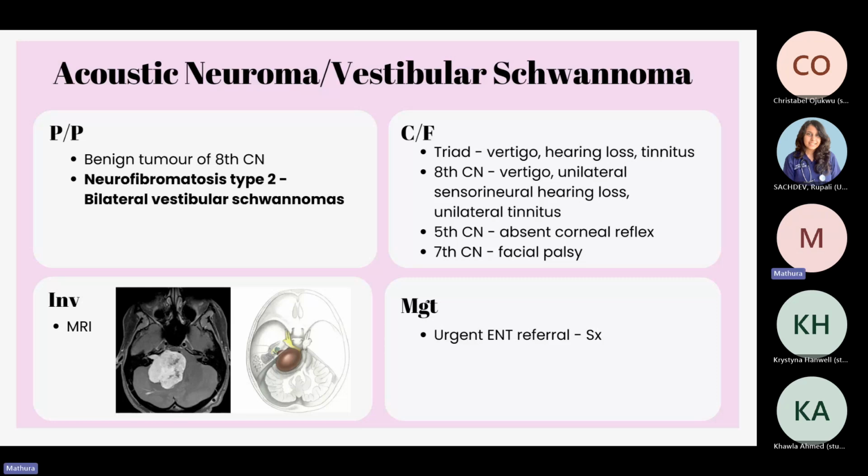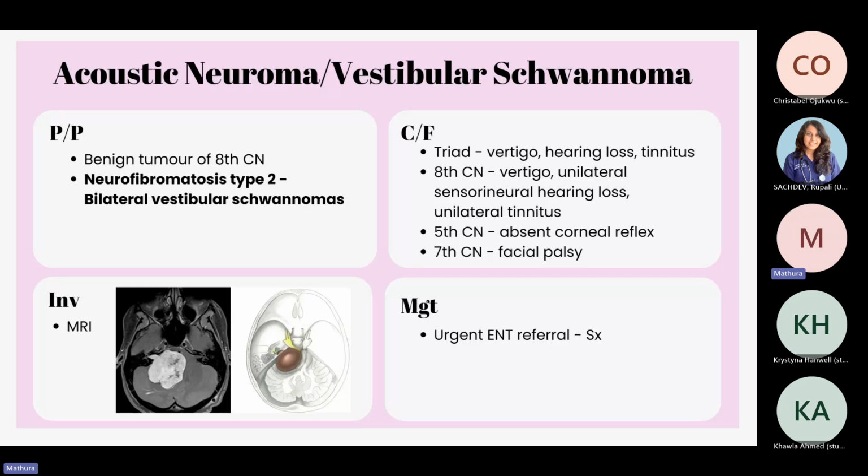Another ear condition that we worry about is acoustic neuroma or vestibular schwannoma. These are associated generally with neurofibromatosis type 2, which is a genetic disorder where tumors grow on nerves. So with the vestibular schwannoma, they develop on the auditory nerve. The way it presents can be with vertigo, hearing loss, tinnitus, and when you do an examination, you may notice